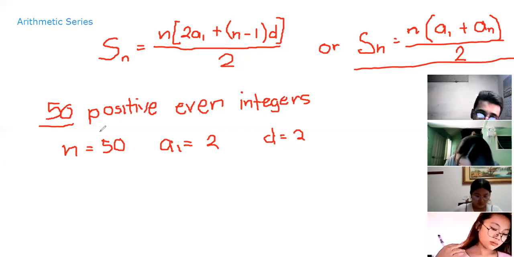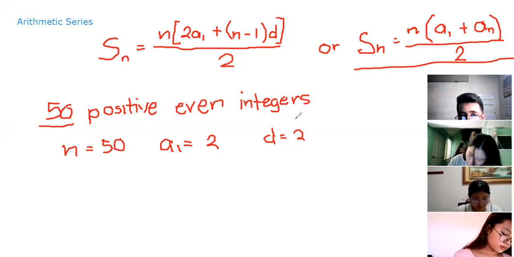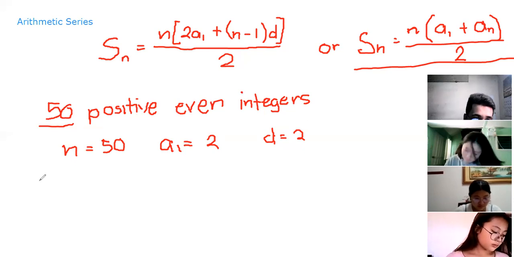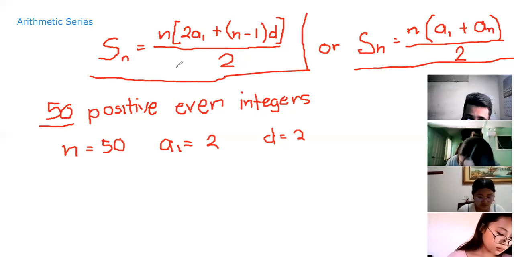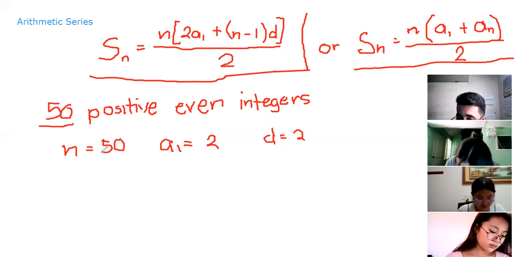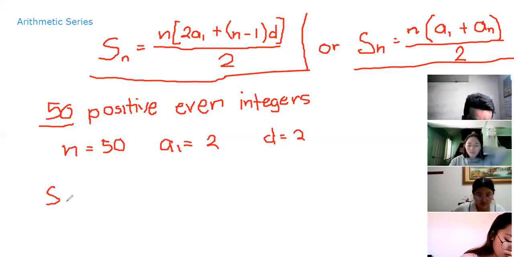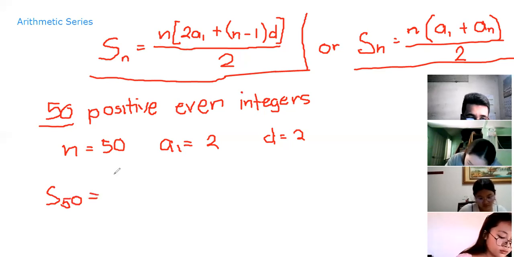Ito pa rin yung ating gagawin na formula. Yung S sub n is equal to n times the quantity 2a sub 1 plus n minus 1 times d, over 2. So, kung ang n natin is 50, we have S sub 50 is equal to